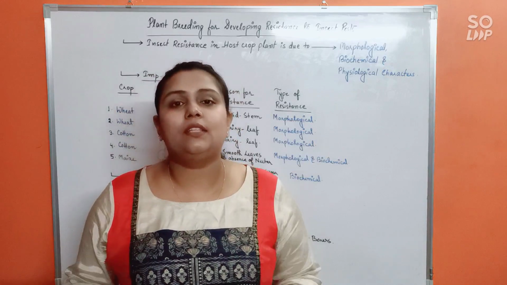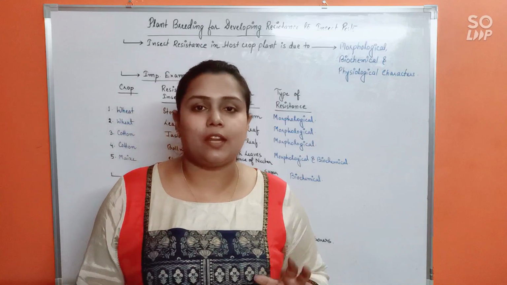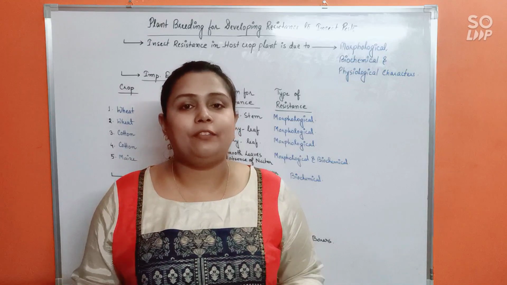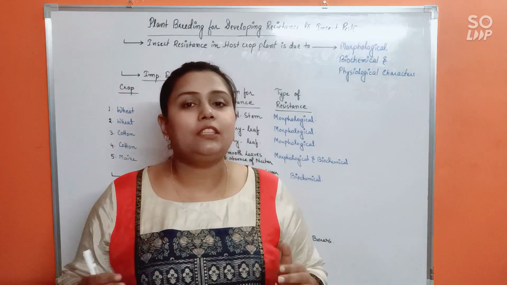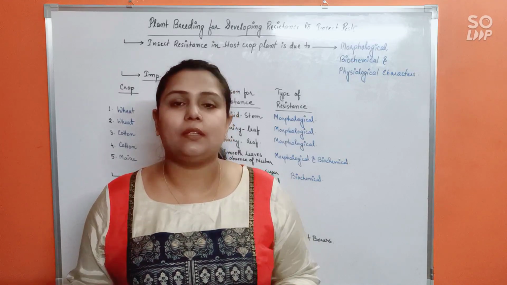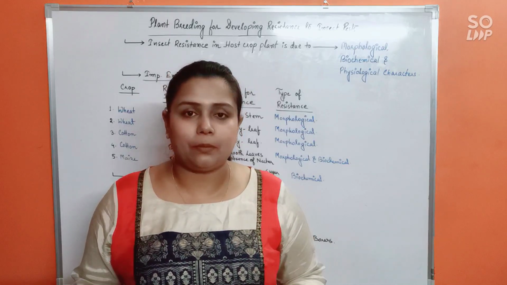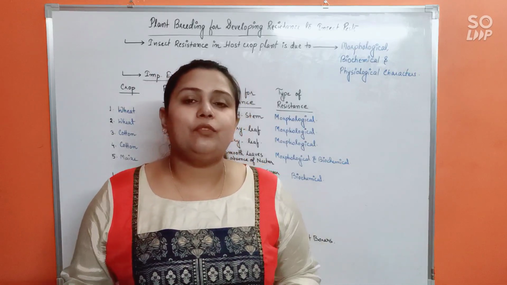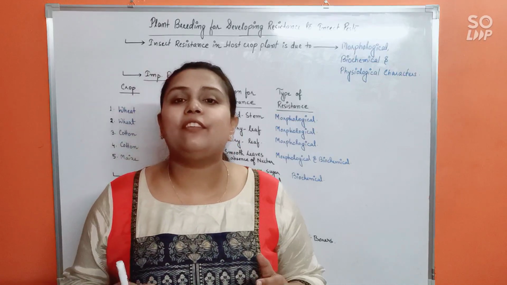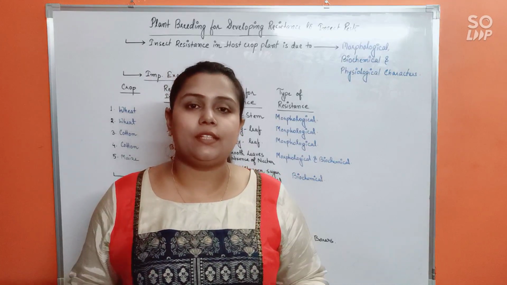That would be done in the same conventional manner of hybridization and selection. We need to collect the germplasm. Next, we have to select from the germplasm certain plants which will show insect or pest resistance. Those plants will then be chosen as parents for our experiment. Finally, we make the plants undergo hybridization, and then we select and evaluate the hybrids. Once that is done, testing and release is the last step.